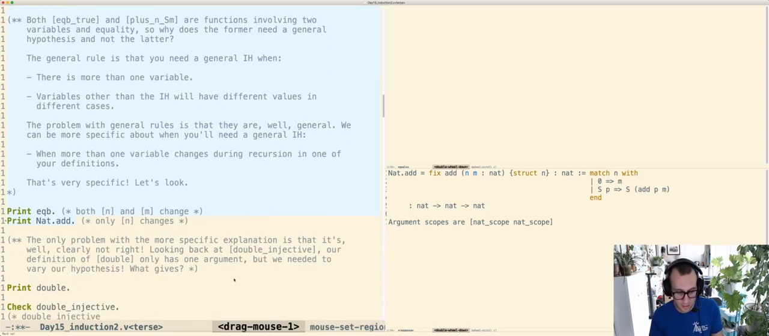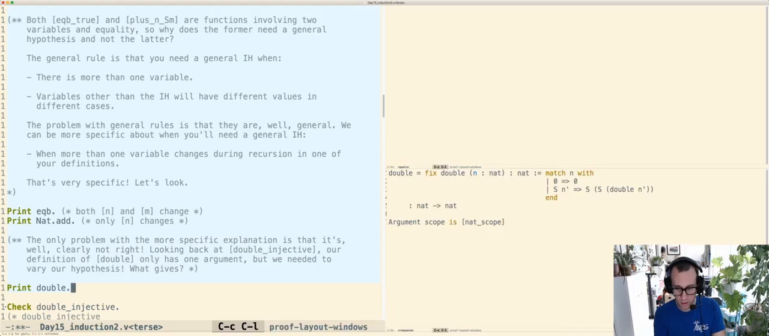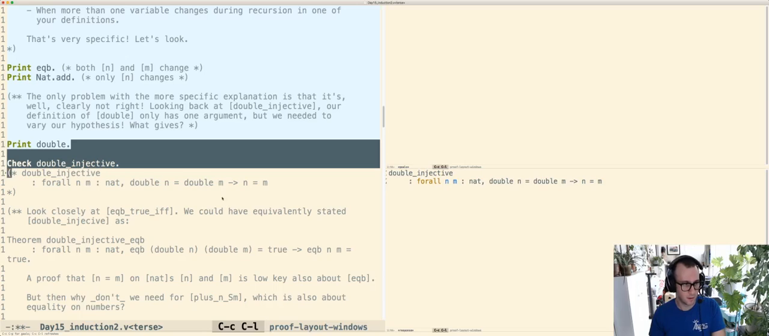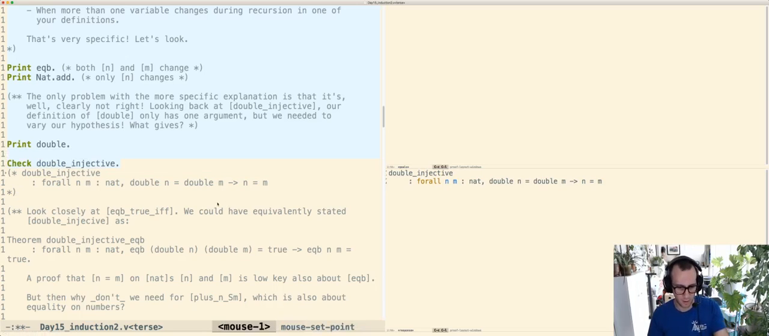So we saw the example I chose, double. Double is a function with only one variable, right? So it's not because of anything to do with the recursion, like nothing's changing there. But then you look at double injective. We've got it on both now. Great. You look at double injective and you're like, well,